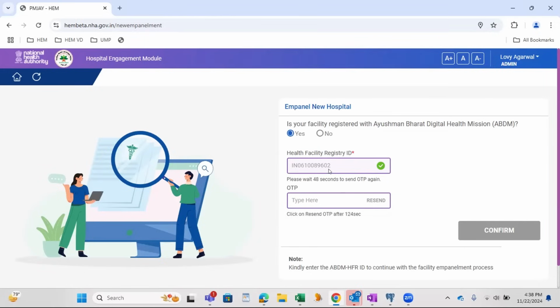And some network glitch. I just received the OTP. I'm waiting for the another OTP to come.